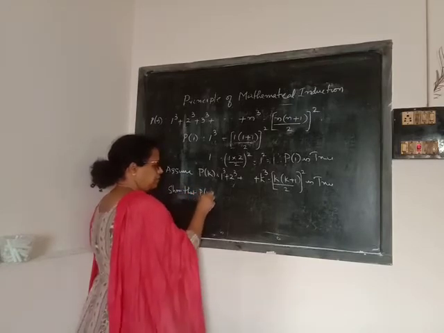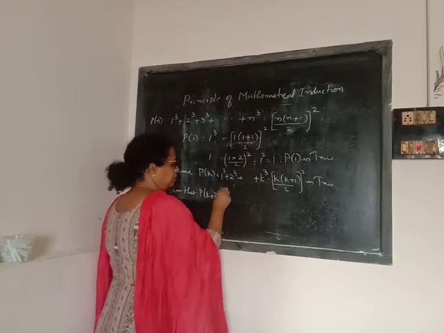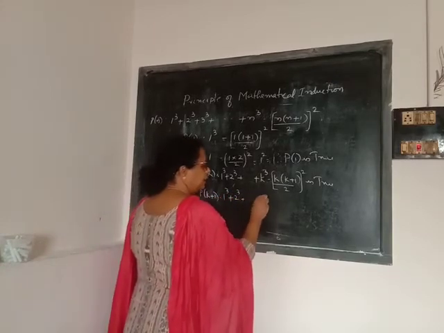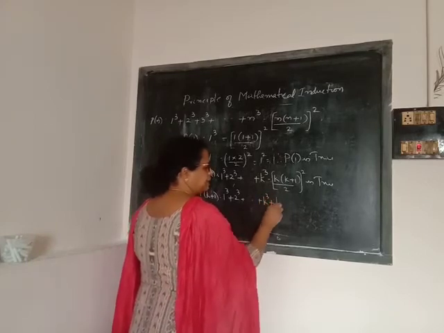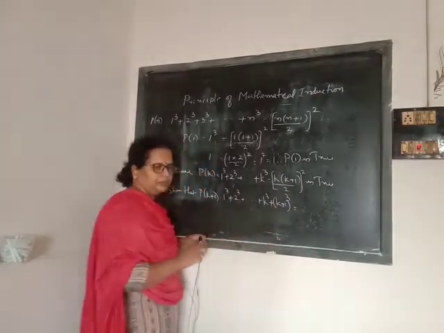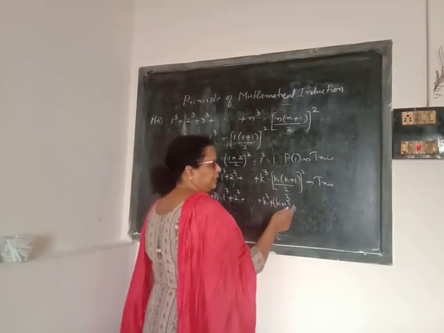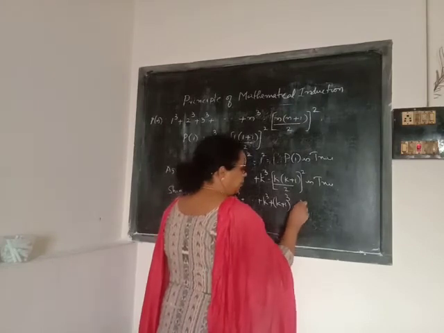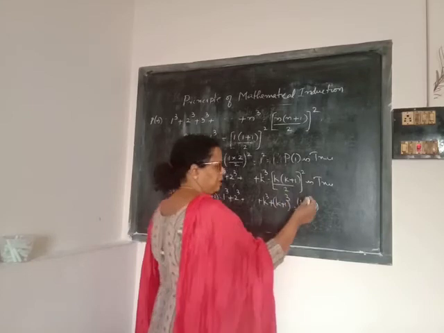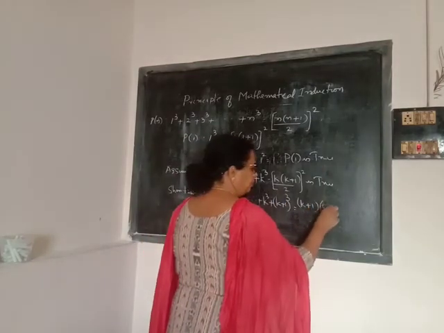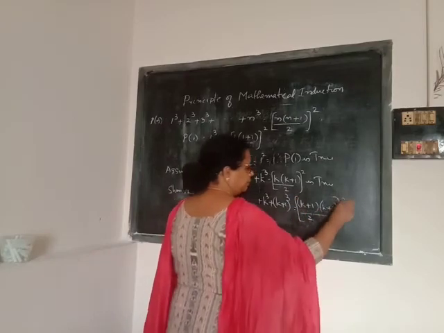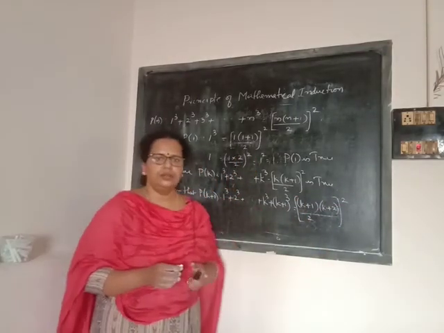What is P of k plus 1? P of k plus 1, 1 cube plus 2 cube plus etc. plus k cube plus next term k plus 1 whole cube equal to, now RHS also we have to replace k by k plus 1. So it is k plus 1 into k plus 1 will become what? K plus 1 plus 1. So it is k plus 2 divided by 2 whole squared. This P of k plus 1 we have to prove.